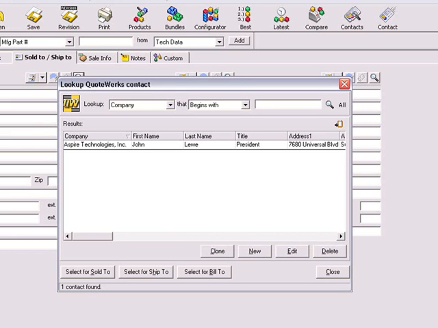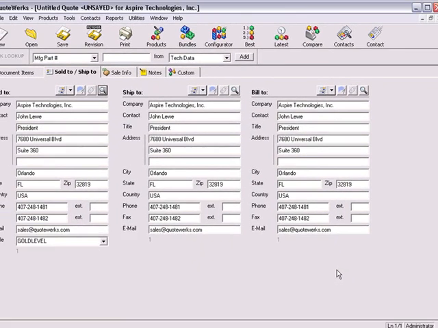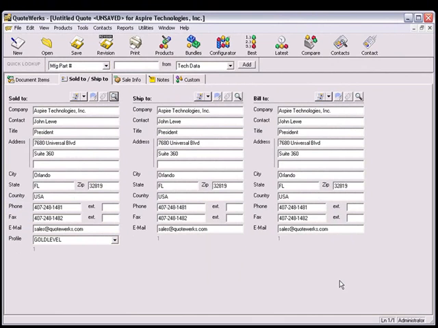You can search for the contact by company name, last name, phone number, email address, and account number. Once you've found the desired contact, simply choose the Select For Sold To, Select For Ship To, or Select For Bill To buttons to populate the corresponding fields in QuoteWerks, and you can see the customer's contact information is pulled